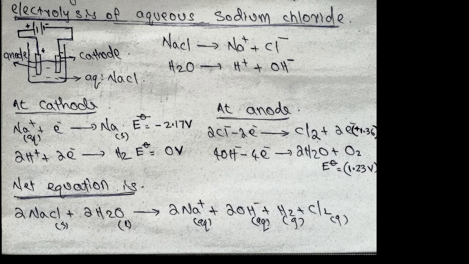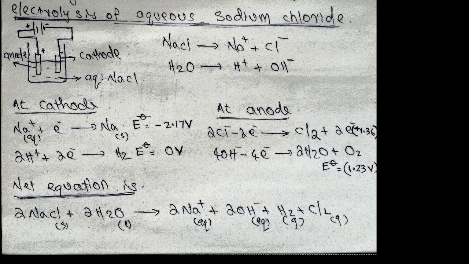Its E0 value is positive 1.23. So, the one with the lower value, OH minus changing to water and oxygen, has the lower E0 value, and there is more possibility. So OH minus would be oxidized at anode, but actually OH minus is not oxidized at